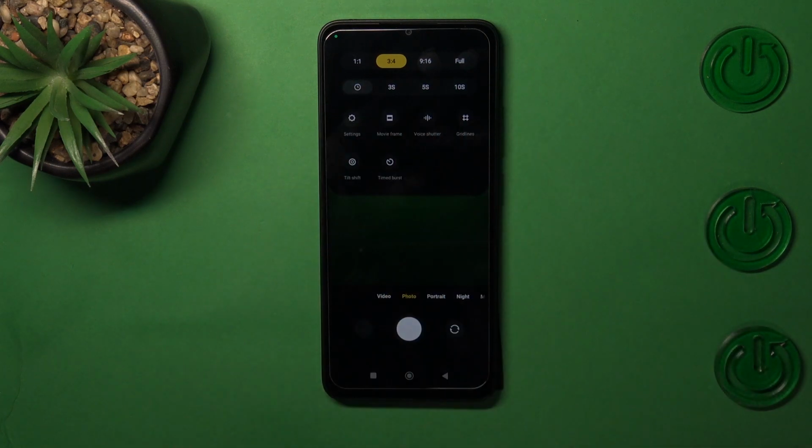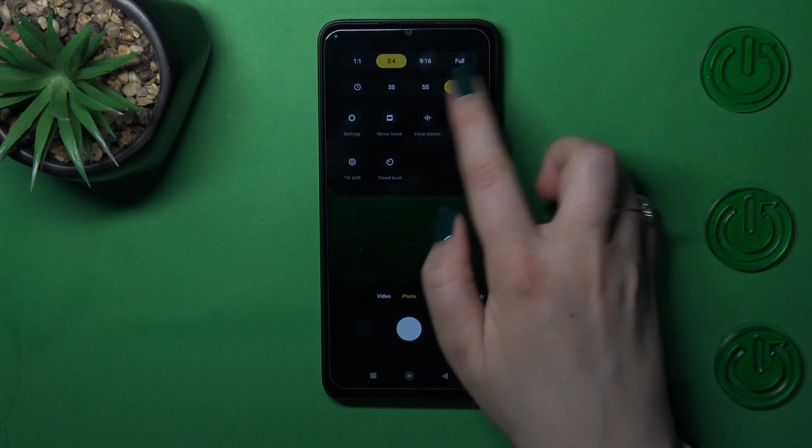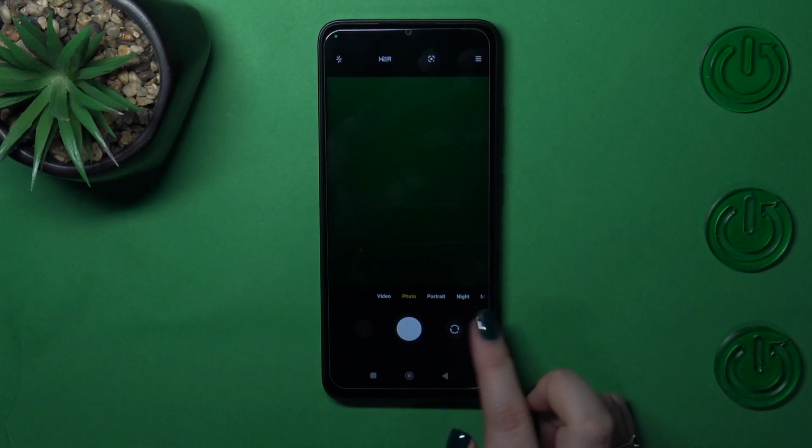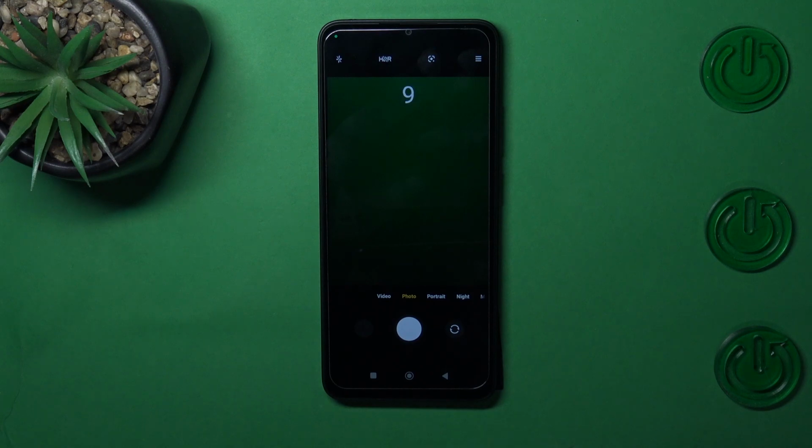And as you can see, this bar is tightly connected with the timer. We've got 4 different options: the off option, 3, 5 and 10 seconds delay. So in order to set, for example, the 10 seconds delay, just tap on this option. It should be highlighted just like that, and now we can go back and tap on the shutter button, and